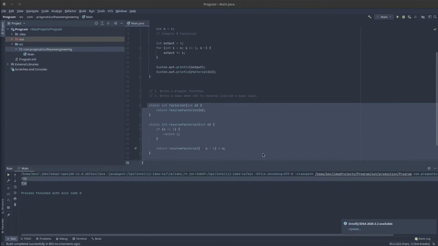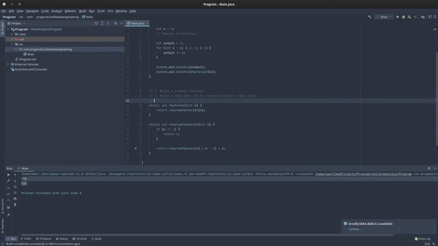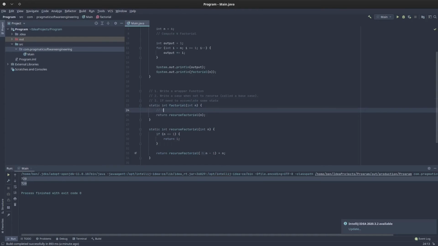I'm going to give you an extra little tidbit of information. There are cases where you need to accumulate some sort of data. An example would be, for some reason, you want to accumulate all even numbers that recurse factorial uses as n, as it goes down, as it gets multiplied. So let me just fill this out. If you want to accumulate some state, again, we're going to say we want to accumulate all even numbers that get counted down